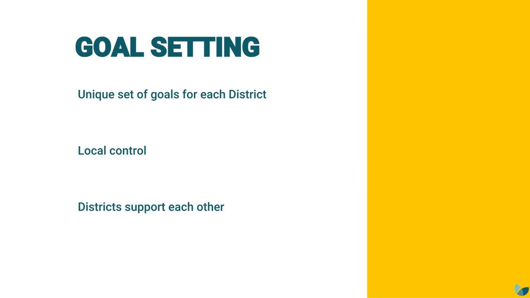So our goals are pretty simple. Let's track some measures of success and metrics: jobs, revenue, tourism. Depending on the district and their local goals, we may look at building vacancies on their main street. We may look at the lack of affordable housing. And so they're really customized to each district.